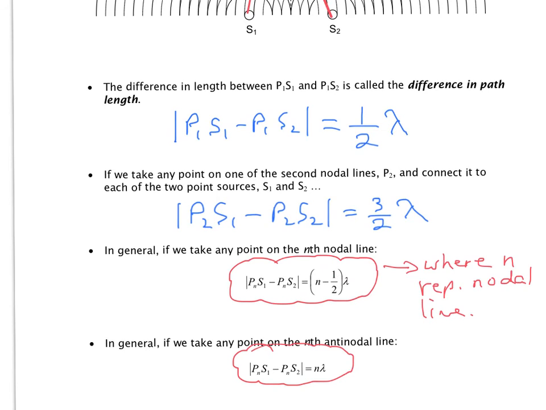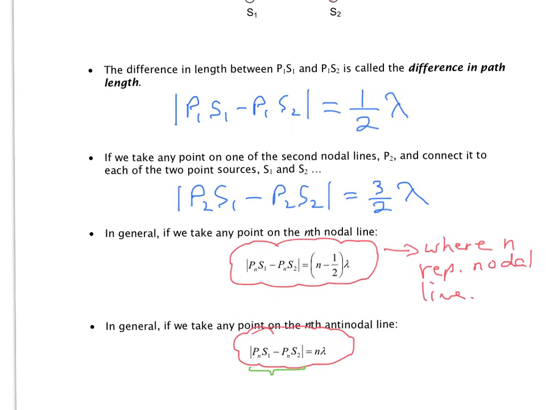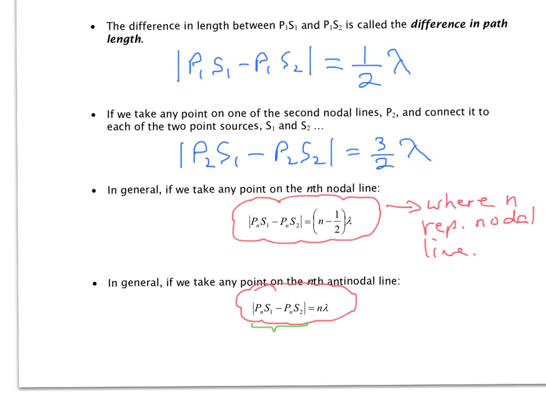Okay, so one thing I want you to take a look at is for both of these equations, on the left side you have Pn(S1) minus Pn(S2). Same thing down here. That part of the equation is what we're going to refer to as the path difference. So this part over here is what we're going to label to be the path difference. Okay, and I'll leave it at that for now,